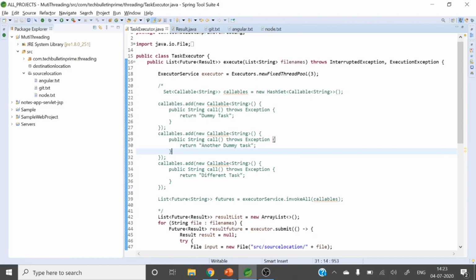Suppose for the third one, some other operation you want to do, so create a callable object and add it to that set or list. And finally, instead of submit, you can execute like this: executor service dot invokeAll of that list or set, right? So here you can perform different operations. So these are the two different ways we can perform.